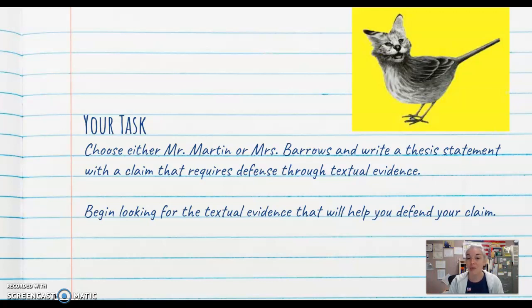And then in the end, because Mrs. Barrows is behaving like a hysterical female, she is not believed. But Mr. Martin, who is the predictable, calm gentleman, is believed. And so there's an overlay of how gender is affecting what happens in the story, and then adding a deeper level of meaning to the text. So we talked about that in class too.